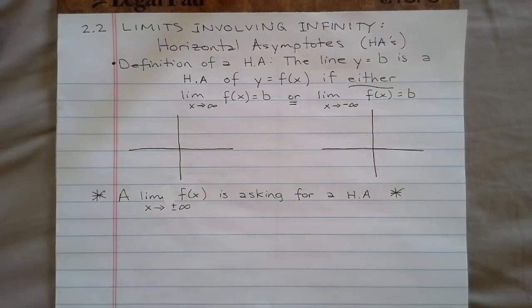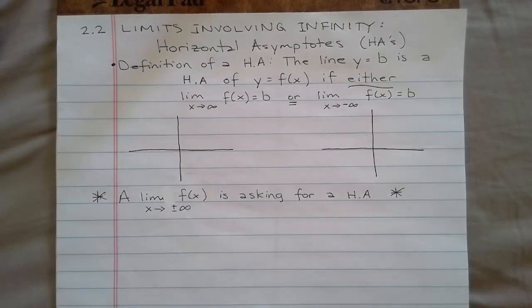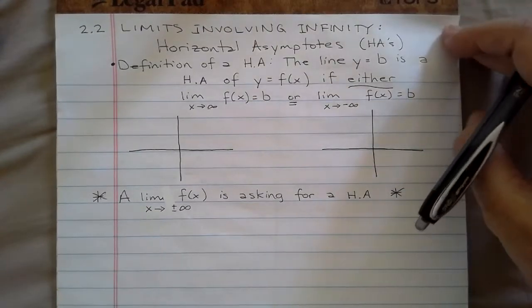Okay, welcome to section 2 of chapter 2, and we're going to talk about limits involving infinity. In this video, it's going to just be talking about this idea of horizontal asymptotes. Now, the definition of a horizontal asymptote is that the line y equals b, that's a y equals line, so